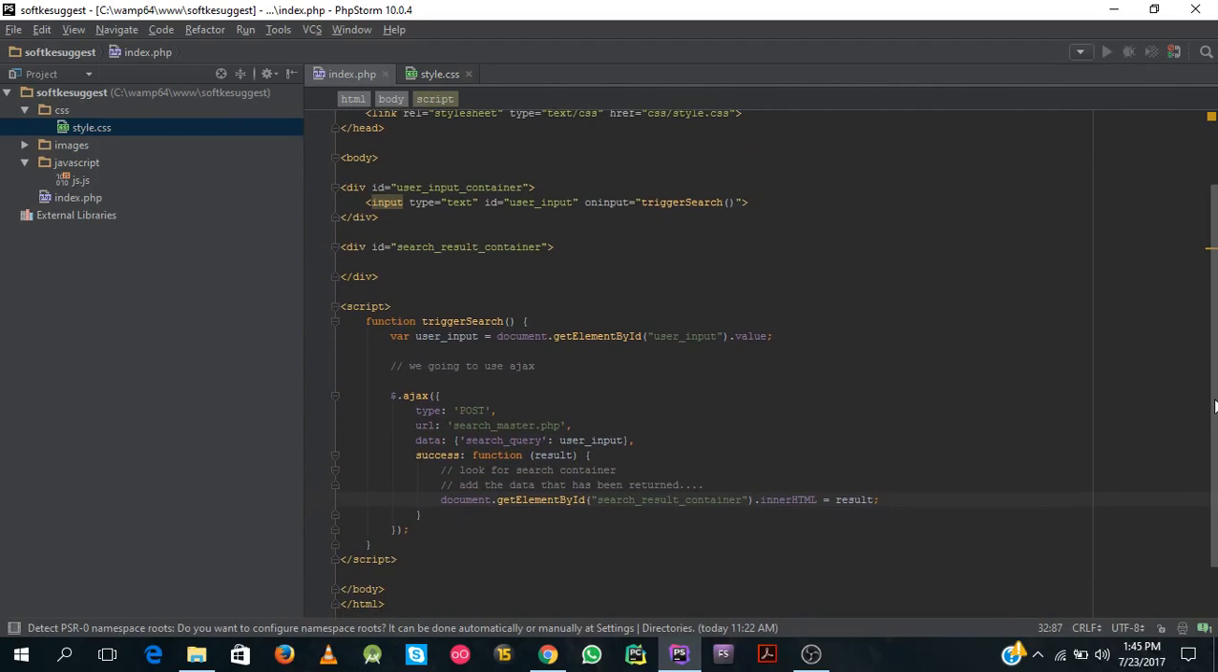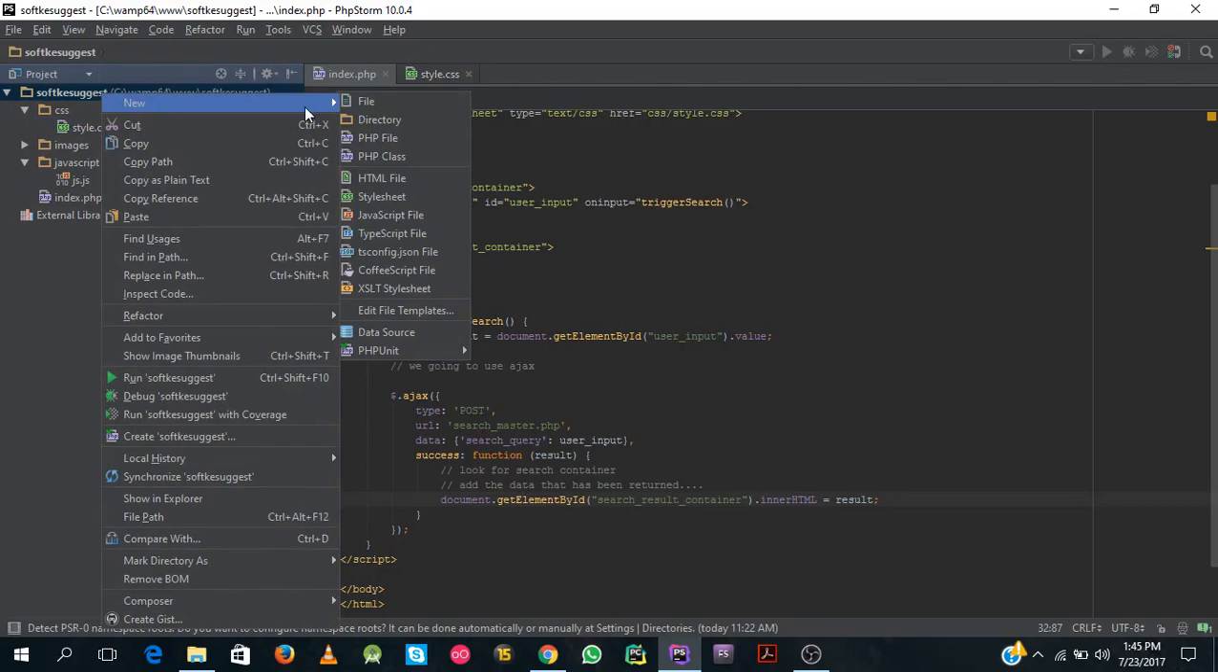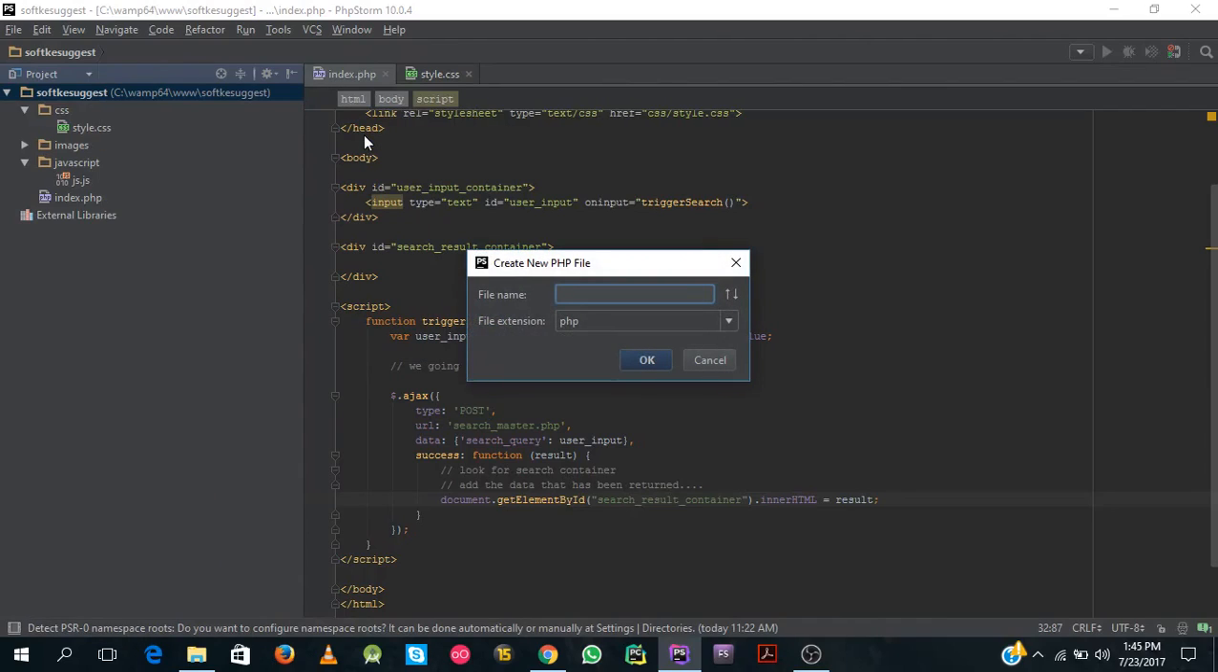So we've not created this search master.php file, and we need to do that so that this file actually processes the search query and then gives possible results. So quickly I'll right click on my root project folder and then create a new PHP file and call that search_master.php,